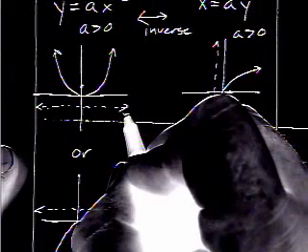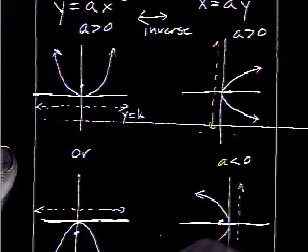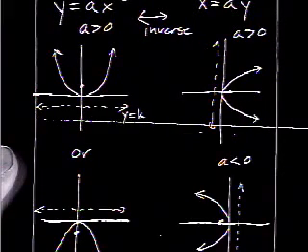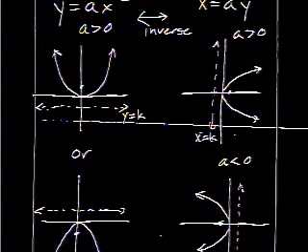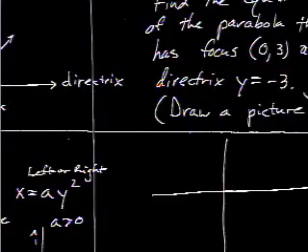Now, if you can tell, this would be a horizontal line, y equals a number, and these would be a vertical line, x equals a number. So we have to draw the pictures. That's extremely important. So in example 1,